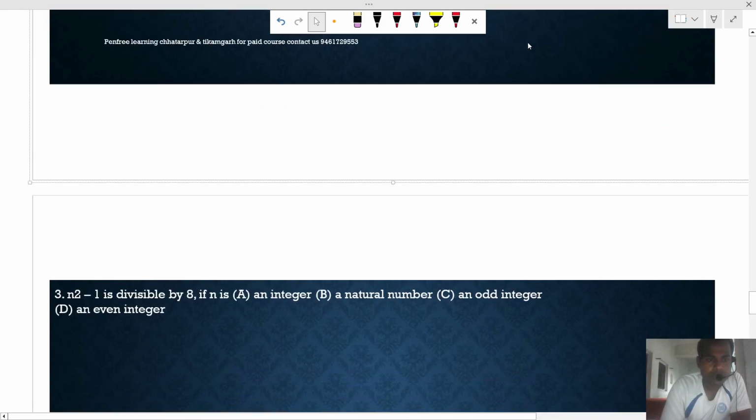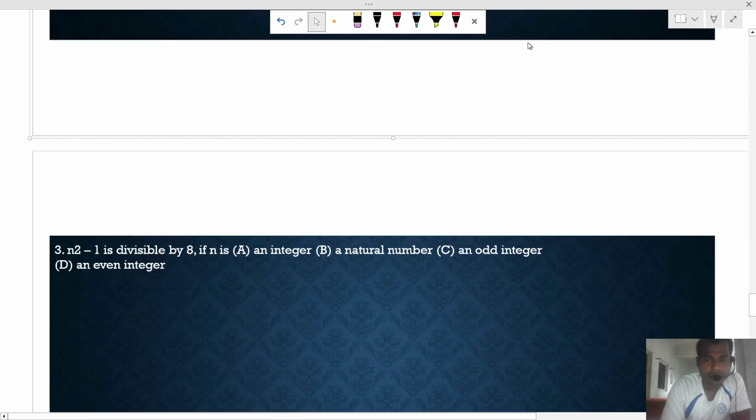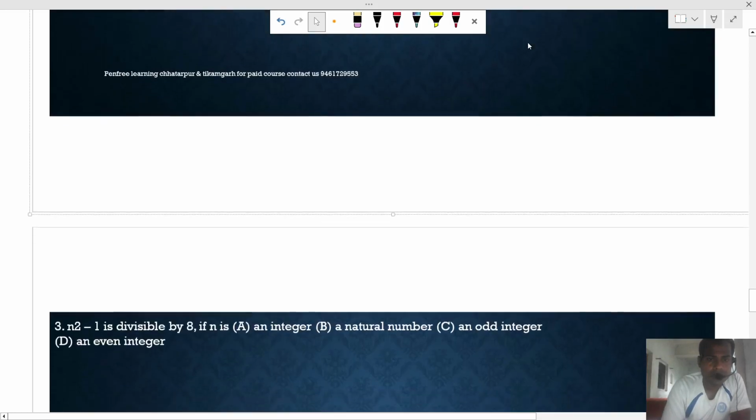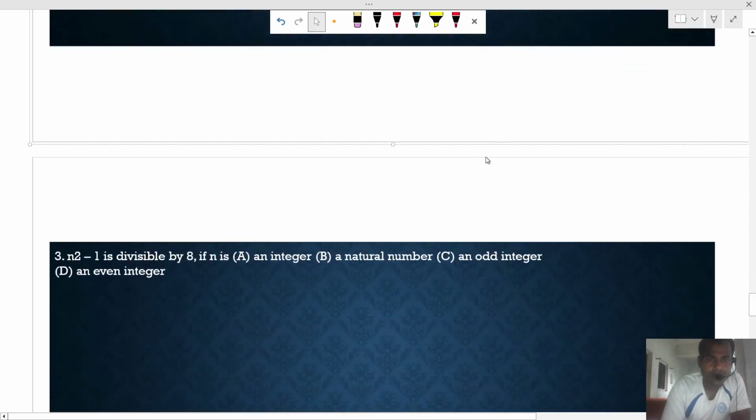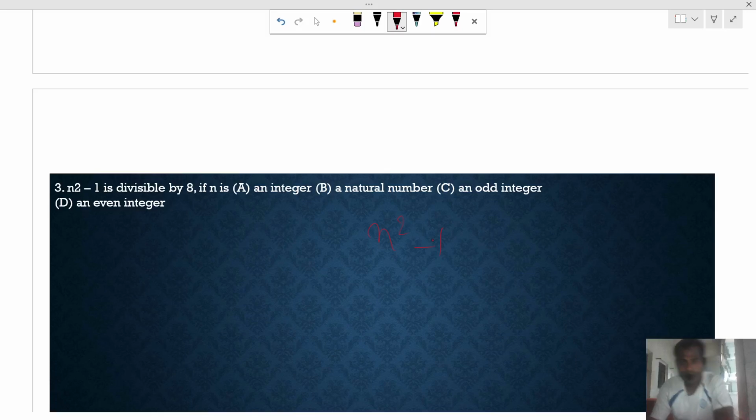n square minus 1 is divisible by 8 if n is an integer, natural number, odd number. Okay, first I will talk about 8, that comes in the table of 8. n square minus 1. We are randomly putting 1, 2, 3, etc. If we put 1, there will be